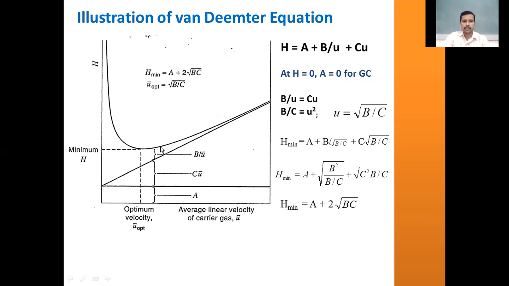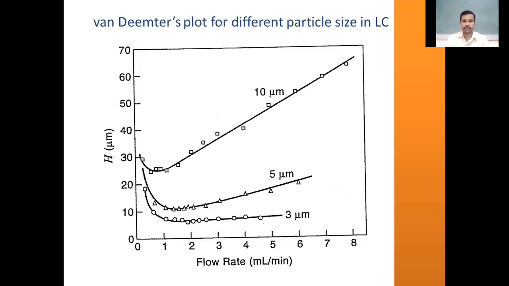And this is showing the effect of mobile phase linear velocity on the plate height while considering the longitudinal diffusion. So the plate height will be minimum at a certain flow rate, at a certain velocity of the mobile phase. So you have to optimize it in order to fix proper experimental or separation procedures for either liquid solid chromatography or liquid chromatography or gas solid or gas liquid chromatography.